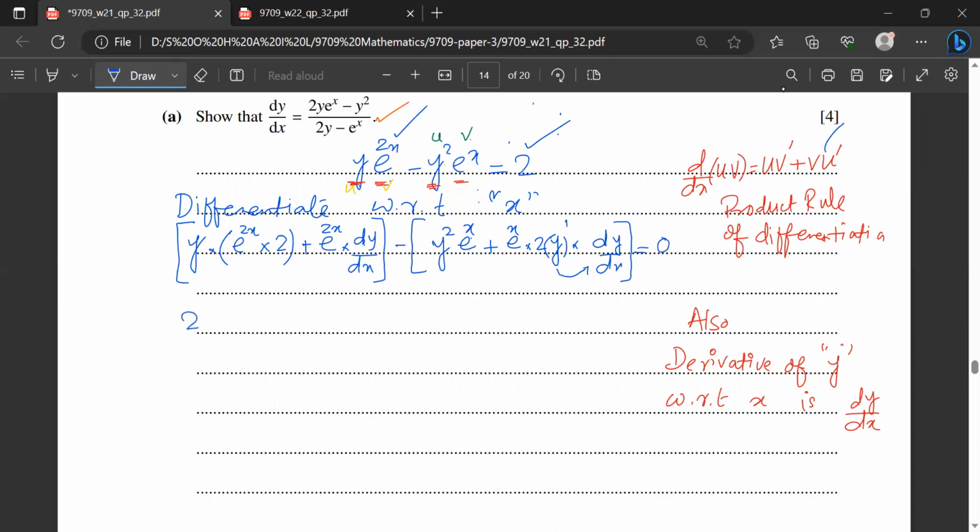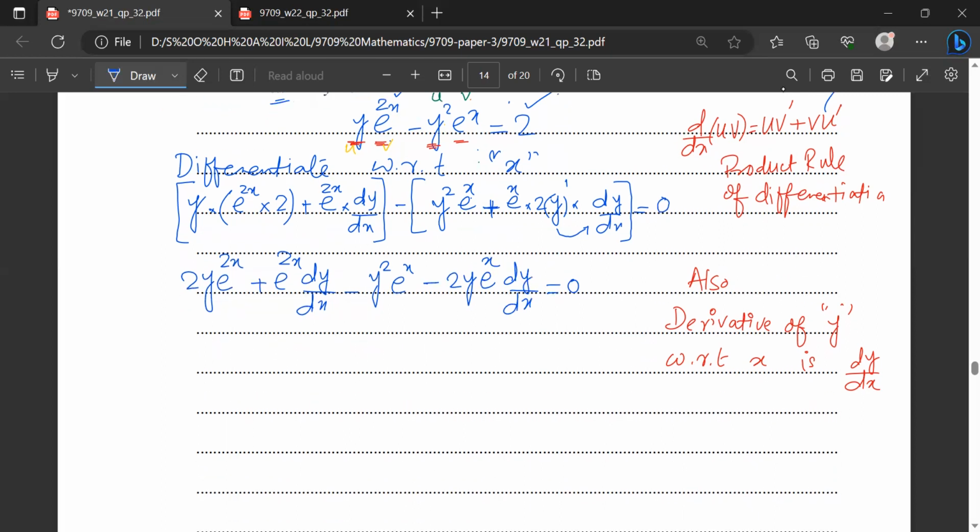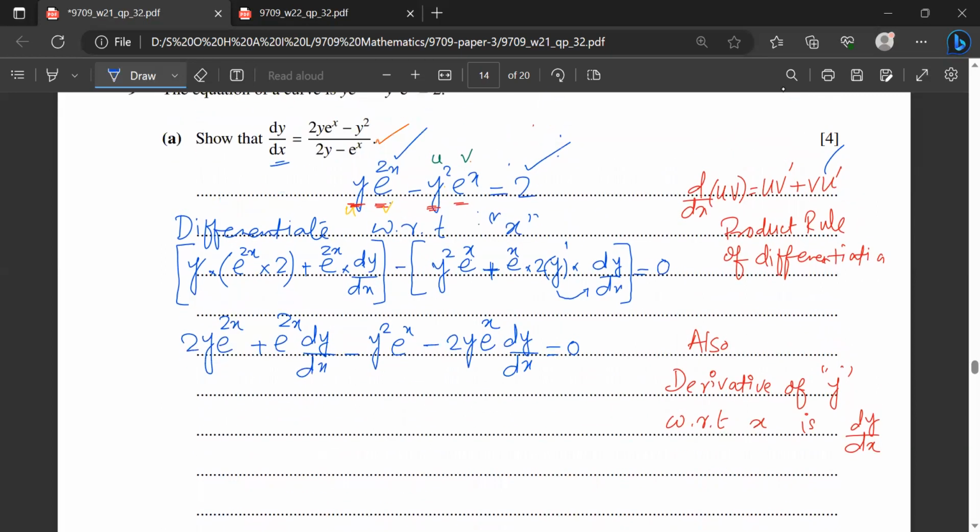So 2y e raised to the power 2x, plus e raised to the power 2x dy over dx, minus y square e raised to the power x, minus into plus is minus, simplify, 2y e raised to the power x dy over dx equals 0. We're looking for the expression for dy by dx. Now, keeping this in mind, so you can write